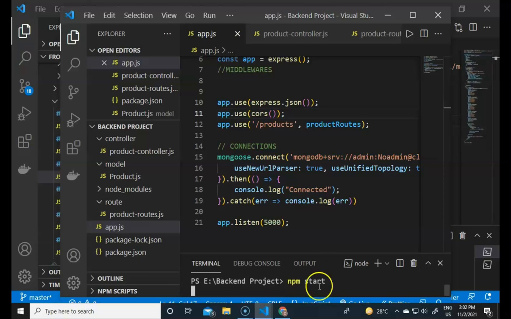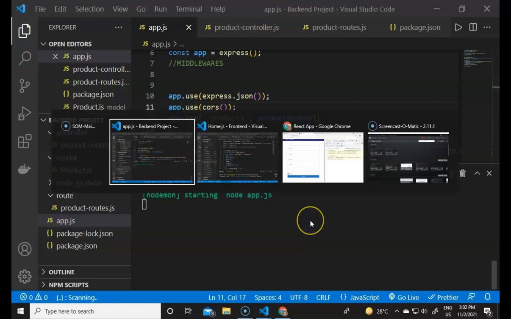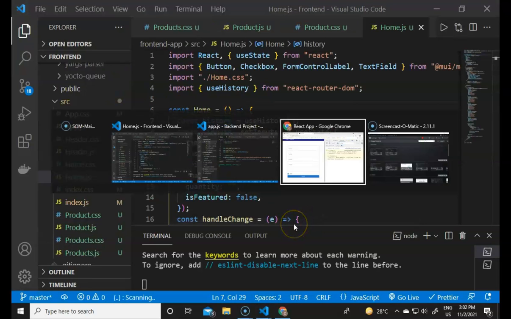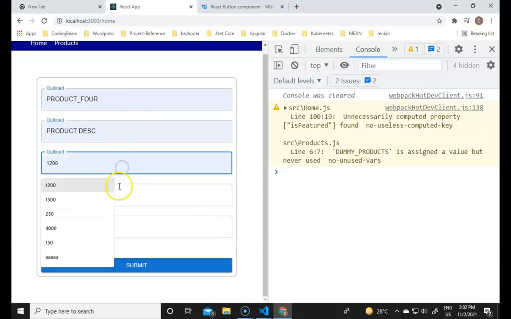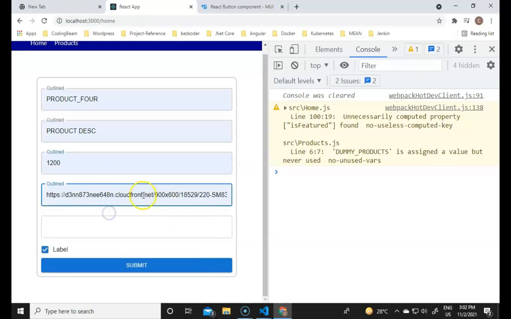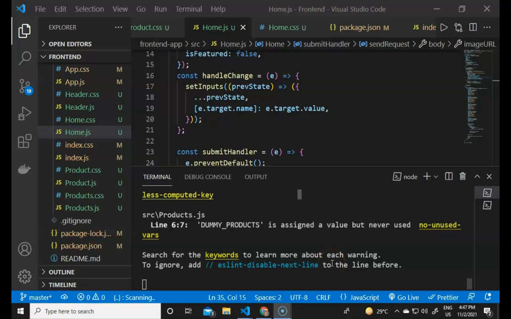So if I now start the server and send the request from the front end, it should show me that the product is added. So if I send the request from this function, first it will be product 4, and the product description is there, the price equals this, image equals this, the quantity equals 123, and isFeatured equals true. If I now send, you will see we are now located on the product page, and you will see product 4 is added here. So guys, now the add operation is done, and now it's time to create the product detail operation.